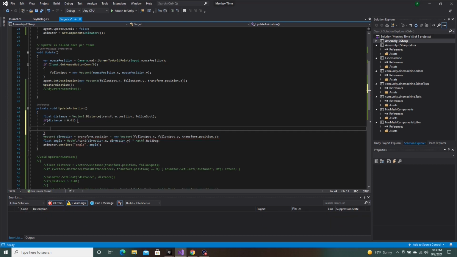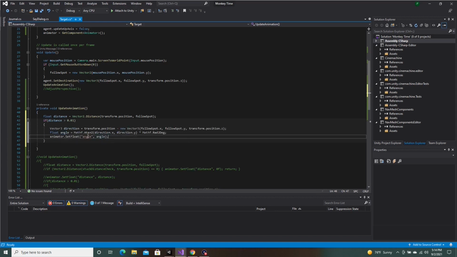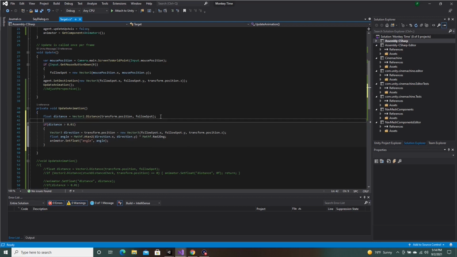We want to stop in the same angle that we were walking. Say we were walking right, we would want to play the idle animation that idles right. So I'm just going to copy and paste everything about the angle into this if statement so that we only change angle when we're walking, when the distance between the player and the follow spot is greater than